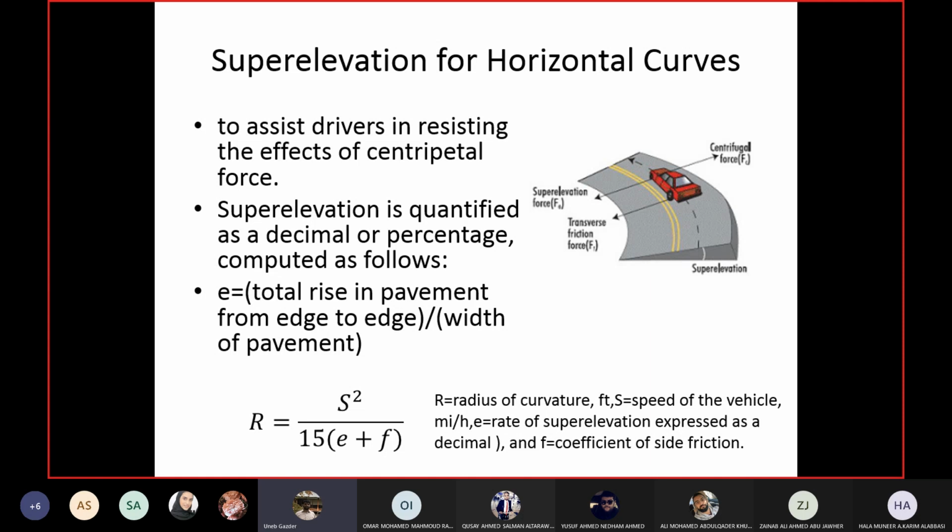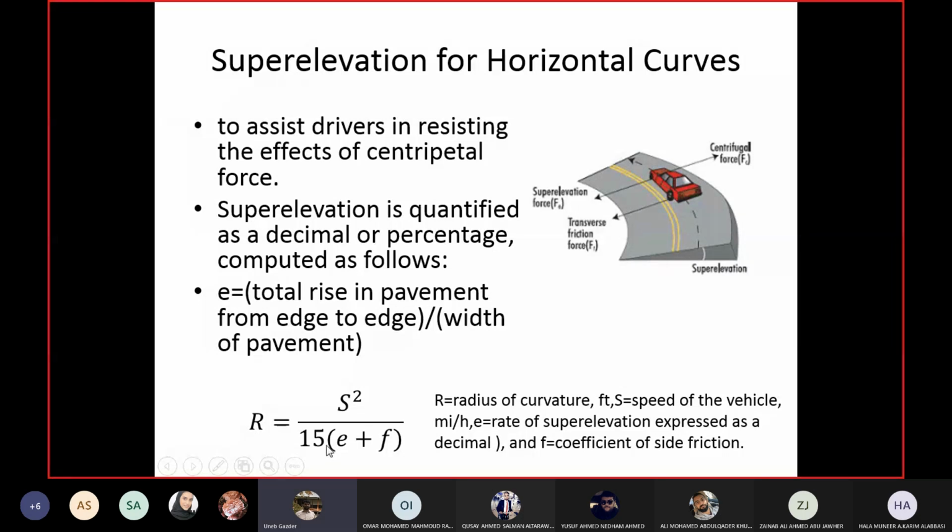Yes, super elevation. Speed 60, radius 1500, f according to speed 0.12. 0.04. Okay, now you see what happened when the super elevation was 0.06, the radius was 1333. When I increase the radius, super elevation reduced. And this is something which you can see from this picture as well. When you increase radius, super elevation would reduce, and vice versa. So super elevation is inversely proportional with the radius.